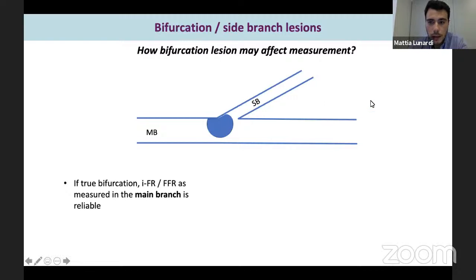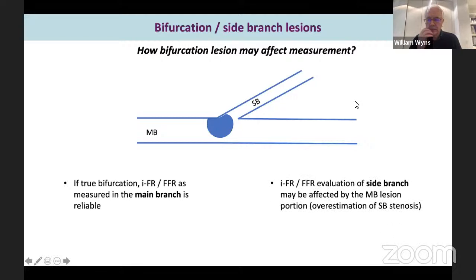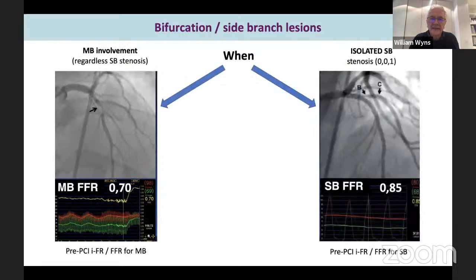Yeah, which creates a little bit of a practical issue because you like to have a wire down there, and I'm always a bit nervous about jailing a pressure wire. So that's a practical issue that you might consider in terms of making the procedure more complicated than it should be. Now, on the next slide, I think you have a couple of nice examples.